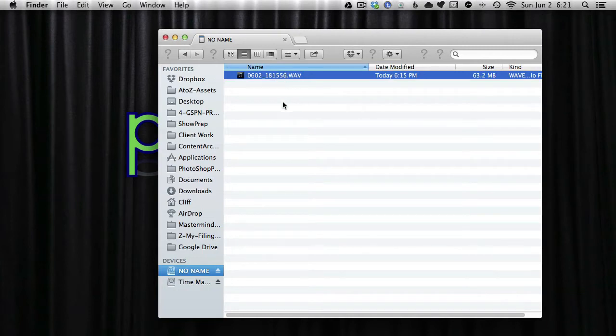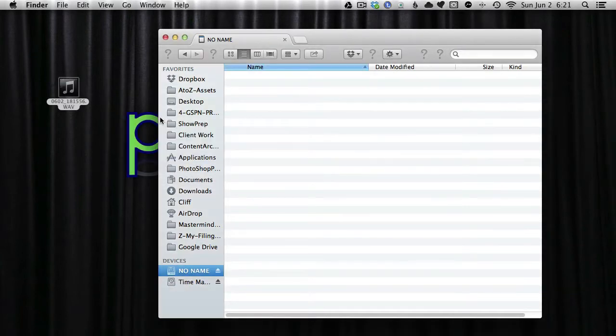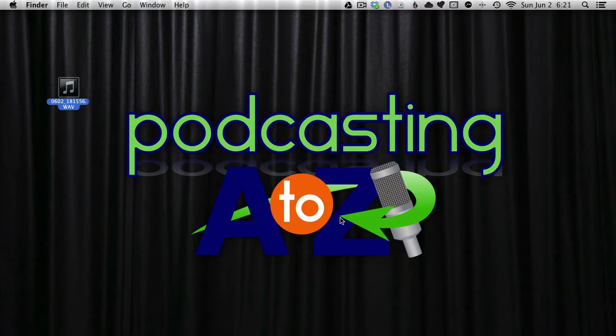Now, I will tell you, if you're on a Mac, you want to click the file. If you want to move it off of the card, which I do, I actually hold down the Command key and then move it to the desktop. And that is copying it over. There we go. And now I can eject the card, and I will just put the card right back into